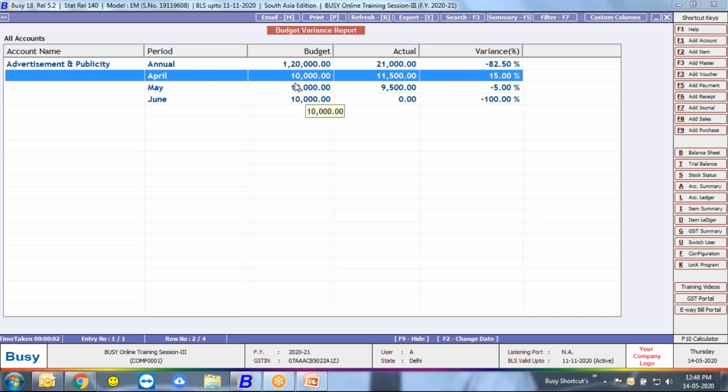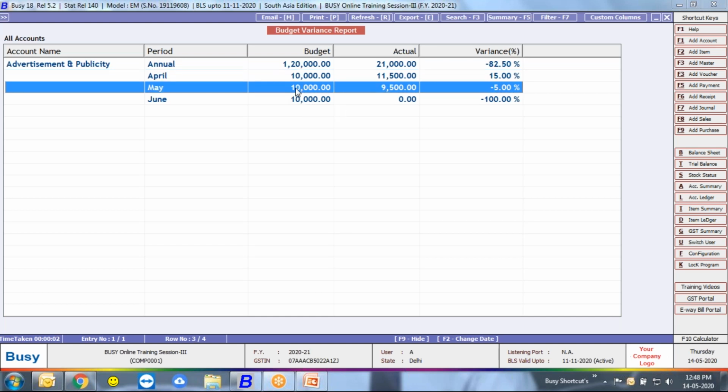And same when we talk about the month of May, our budget limit is still the same 10,000, but our actual expense is going down to 9,500 only. So our budget variance is negative 5%, meaning below the limit.